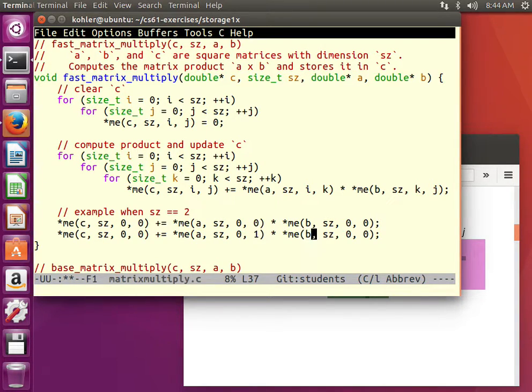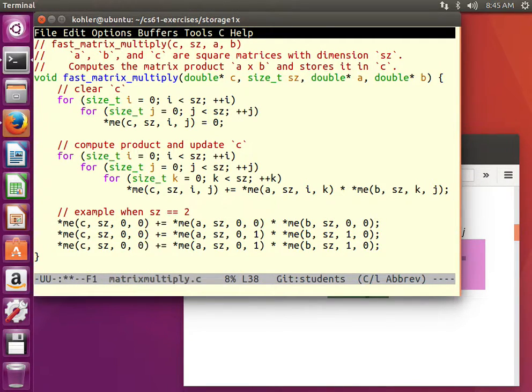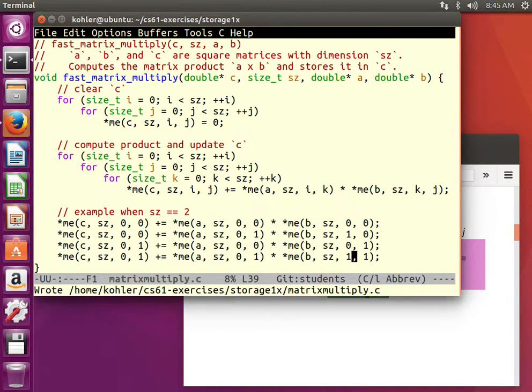Okay, the next thing we do is we increment k by 1. That increments the column number in A and the row number in B. The next thing we do is we increment k one more time. Now k is equal to size, so we reset k and increment j instead. That will increment j, which is the column number of the output. A returns to 0,0 because k is now 0, and in B, we take j as 1 and k is 0. Increment k by 1. That increments the column number on A, the row number on B.